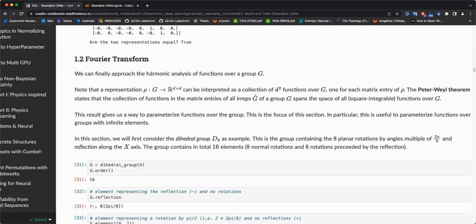Do you see some intuition here? Is it kind of making sense for everyone? Okay, so we can go back into the